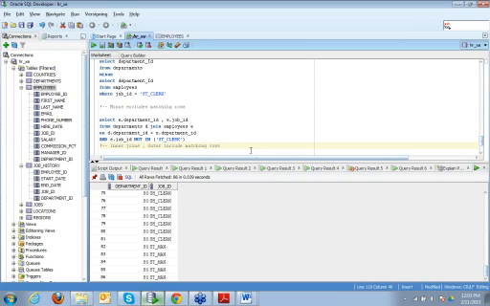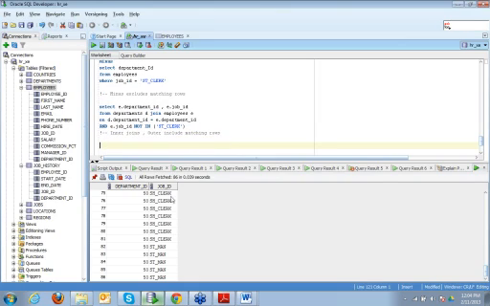So we have to do a minus operation to get rid of the intersected values. That's the reason this is not producing the right result. Not every query can be converted into a join, but there are definitely a couple of queries which could have been done. So let's do some more queries.